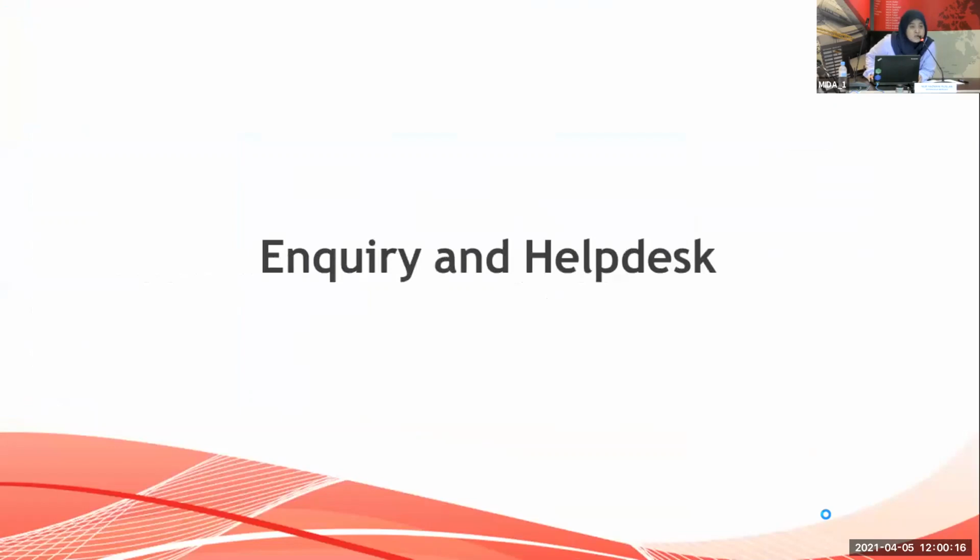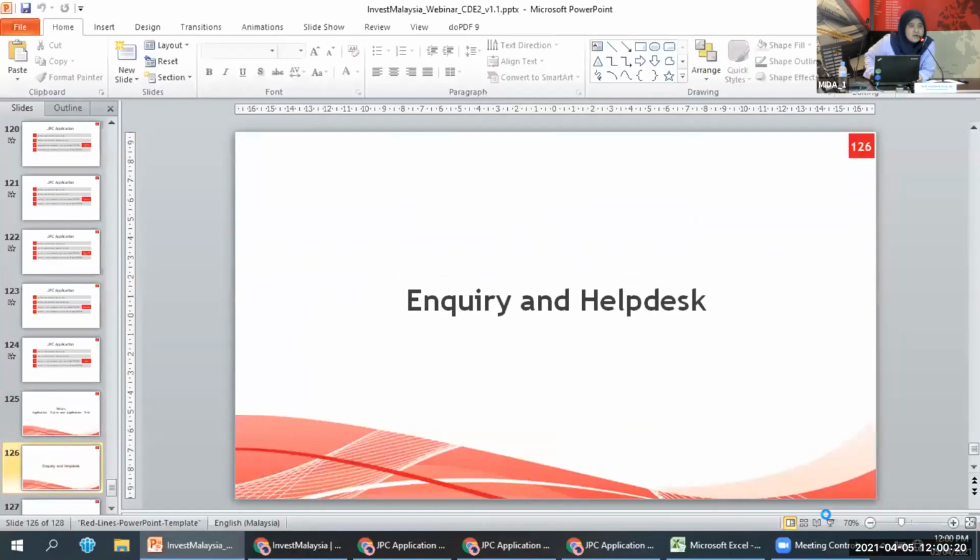Next is the inquiry and help desk. I would like to emphasize the difference between the inquiry and help desk. Help desk is related to technical issues.